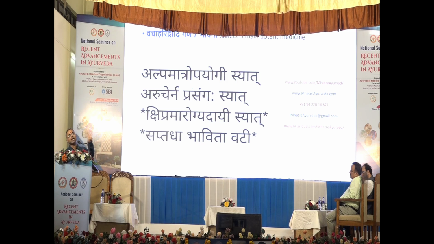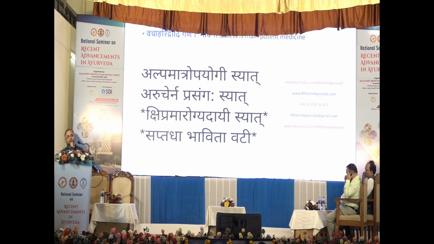So 21 kg of Vachaharidharadi churna was made into decoction, and that decoction was absorbed into the basic 3 kg Vachaharidharadi churna. So how many times is the fortification? Saptadha baladhana, bhuyashchaisham baladhanam. Now the churna is 7 times fortified. So you don't need to give 10 gram. Divide 10 gram by 7, it is 1.5 grams. Divide 40 by 7, it is 6 tablets only. Now 6 tablets is a very easy dose to consume.